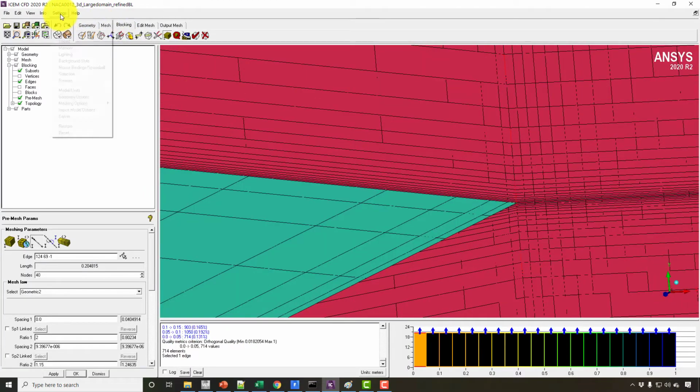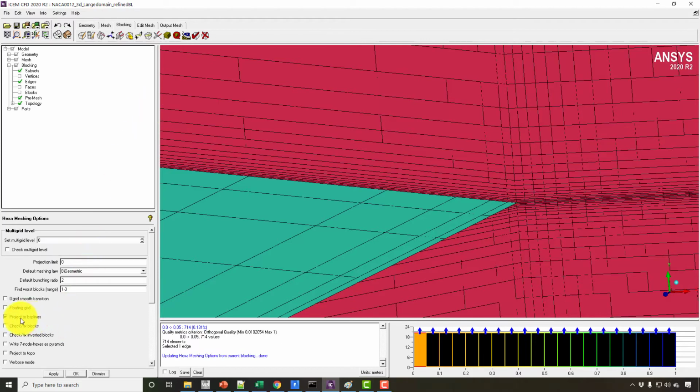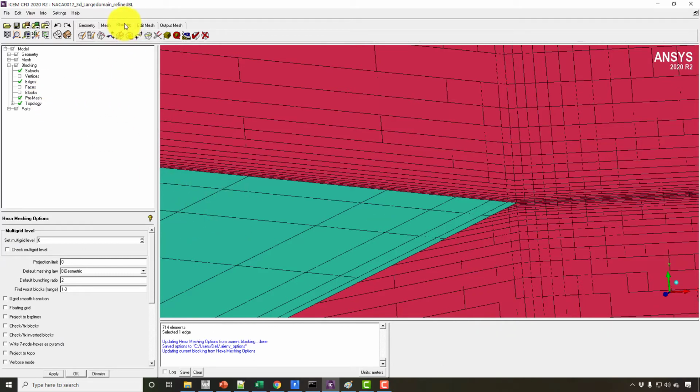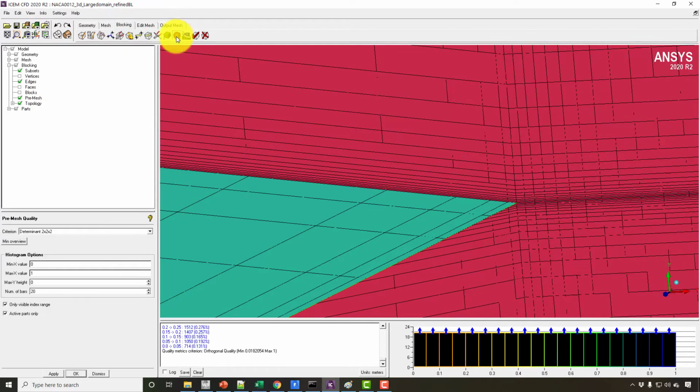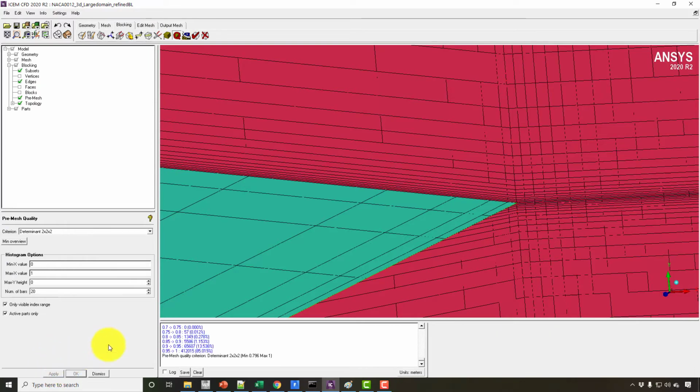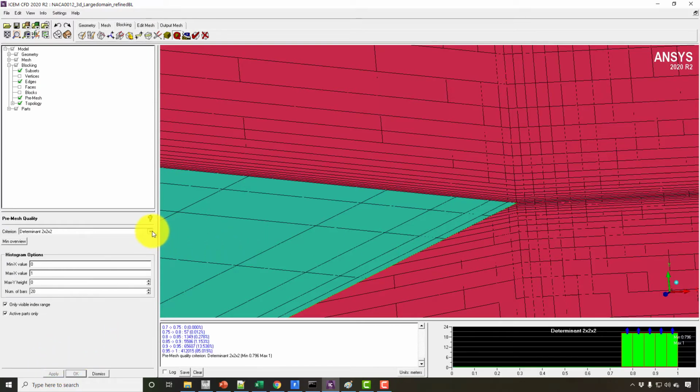Okay, the only thing I can think of, and you can check it in the very small video I put on YouTube, is that I can uncheck this option and then see what happens. So I can take the mesh quality from the blocking. It is okay. The second thing is the angle. This is also okay.